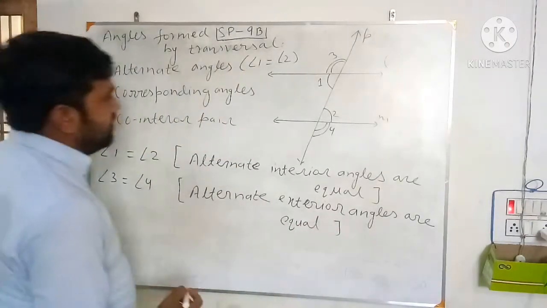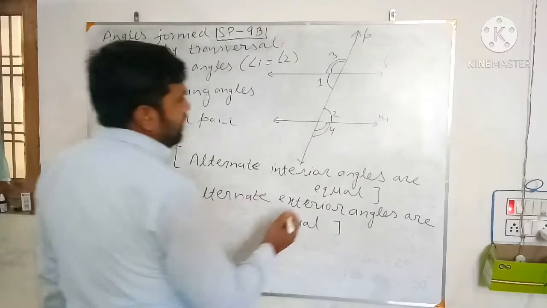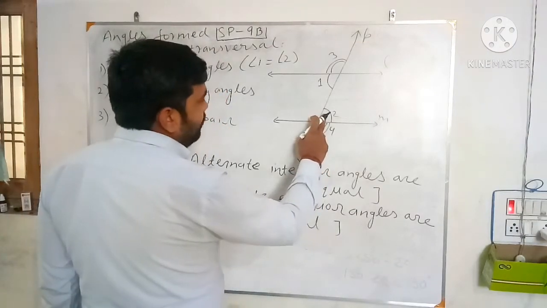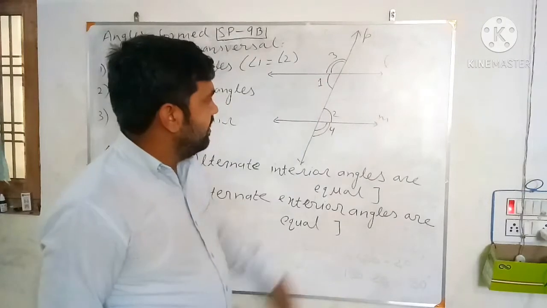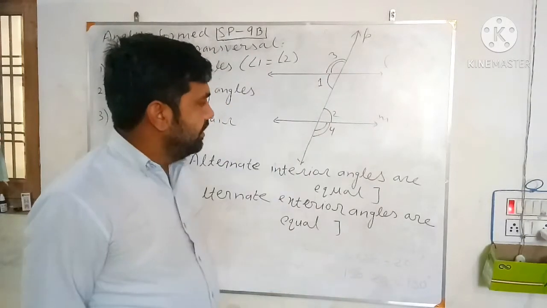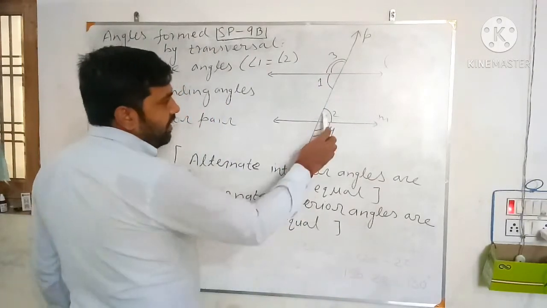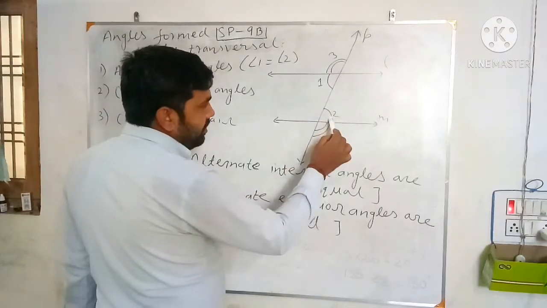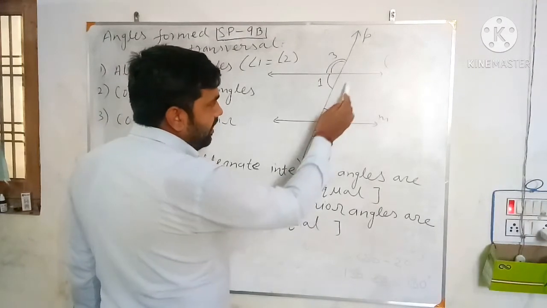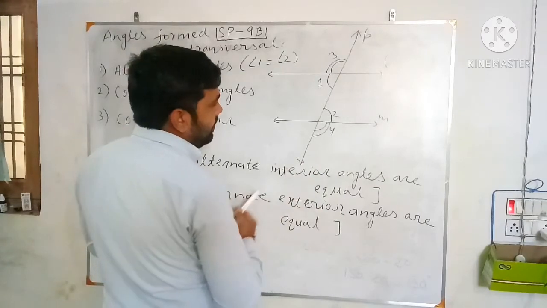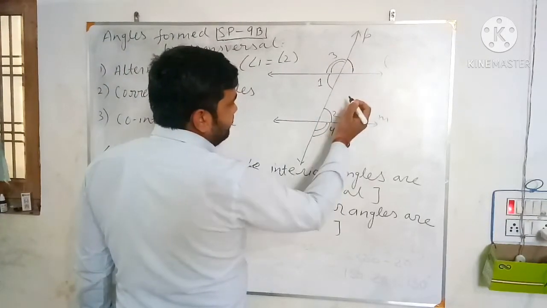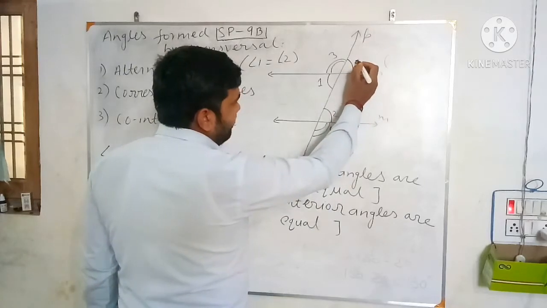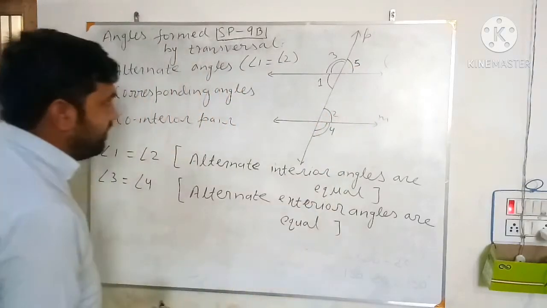Now next we study the corresponding angles. Now see what will be the corresponding angle of angle 2. In corresponding angles, both angles should be on the same side of the transversal, either on the left or on the right. Since angle 2 is inside, on the same side you take one angle exterior, outside the parallel line. So the corresponding angle of 2 will be this one, that is angle 5. So angle 2 is equal to angle 5, reason: corresponding pair.